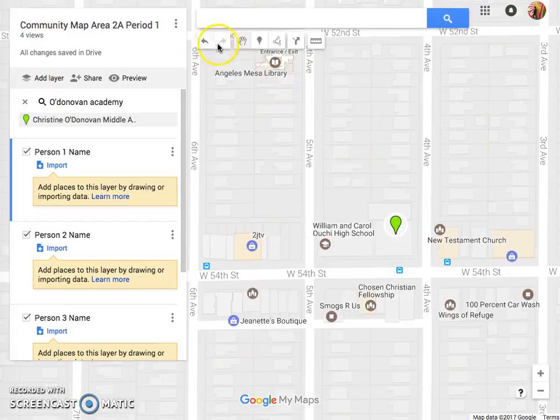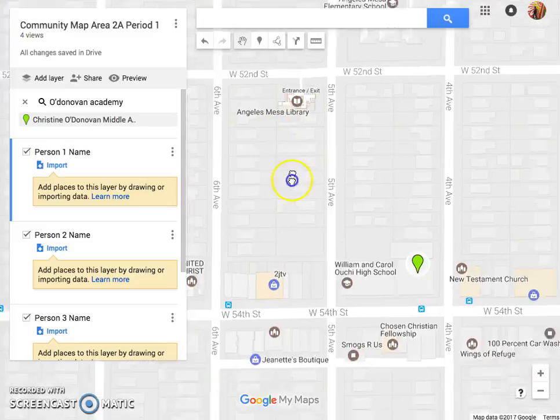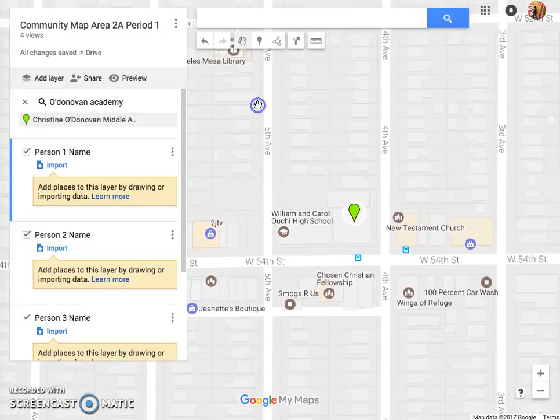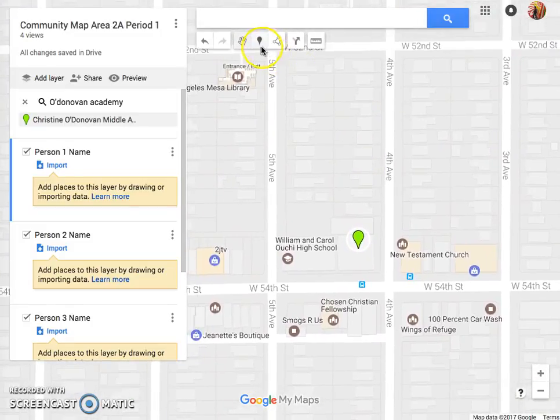So look at the top where there are these tools. This is the undo redo button, very useful buttons. This is the hand tool. Basically, it's used to pan and scroll around the map. This is the add marker tool, where you can add little dots like this on the map. Draw a line tool, where you can draw and focus on certain areas. Add directions and measure distances in areas. We're really not going to be using these three